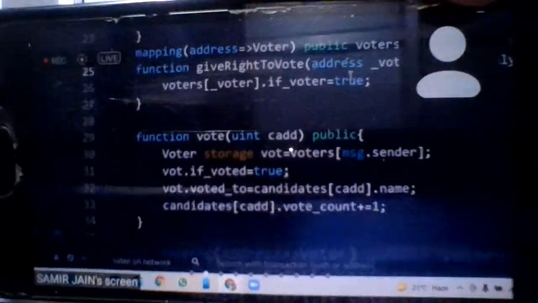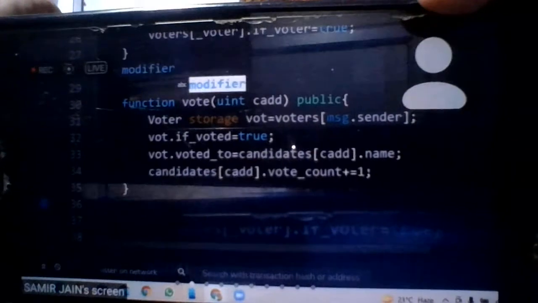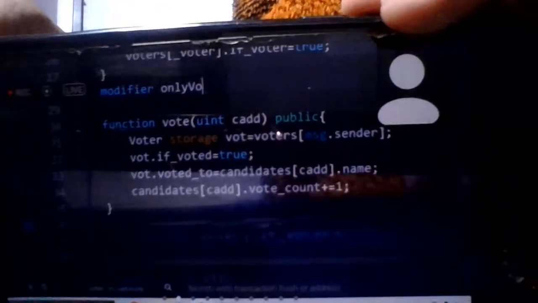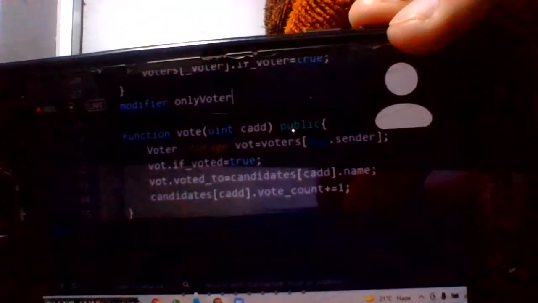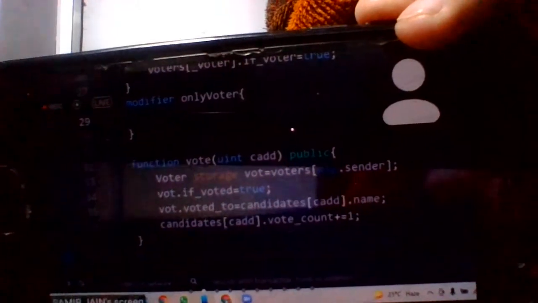So we have to make another modifier. So we can add a modifier, only voter. Modifier is that only a voter can do that. So I am defining this modifier.